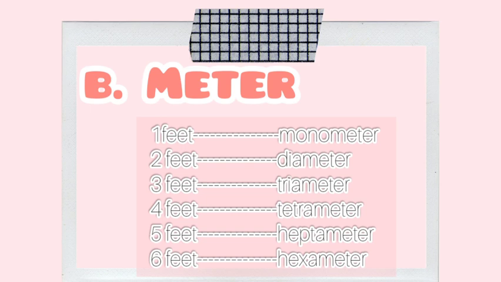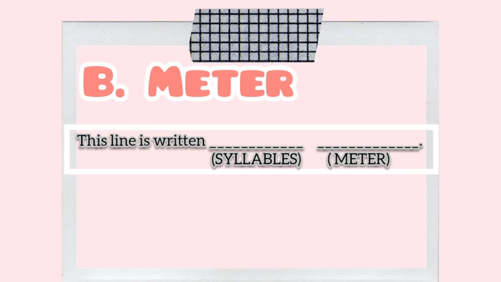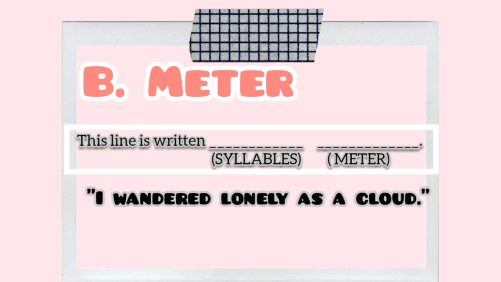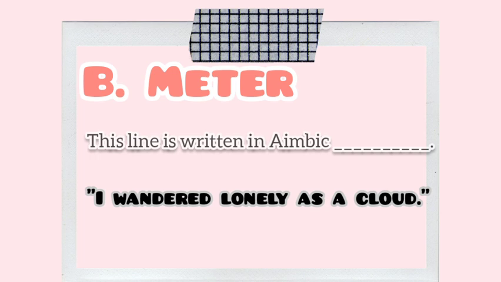So let's put these things into practice and look at a line of poetry. The goal is to finish the sentence: this line is written in a certain rhythm and certain meter. This is the first line of I Wandered Lonely as a Cloud by William Wordsworth. For the rhythm, let's identify the sequence of stress in the syllables. You may find it helpful to recite the line out loud and listen for where the stressed syllables are. The first syllable is unstressed followed by stressed, and so on. So we have an iambic foot. We know that we have an iambic rhythm.